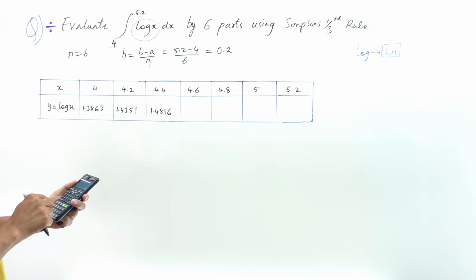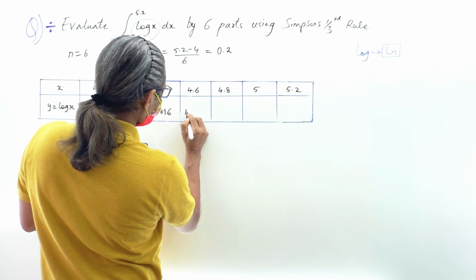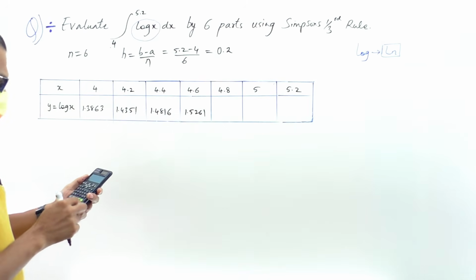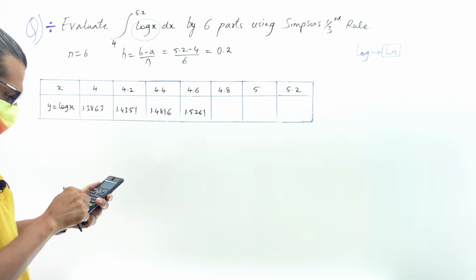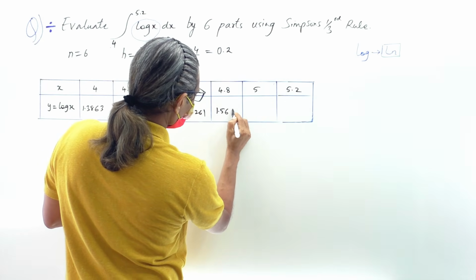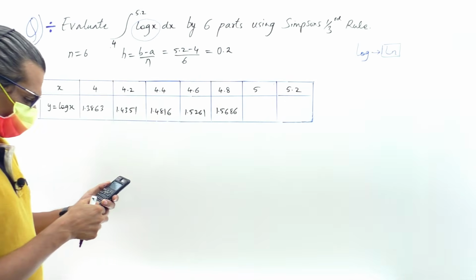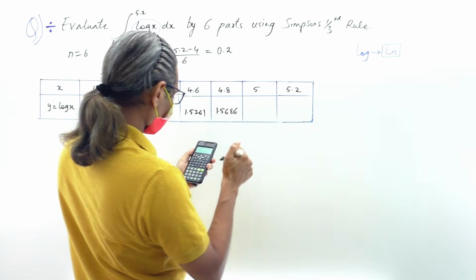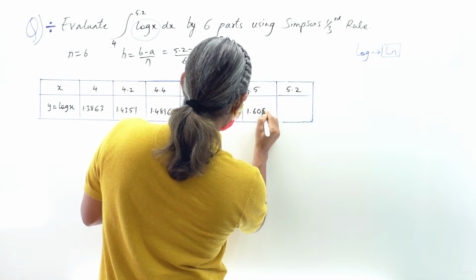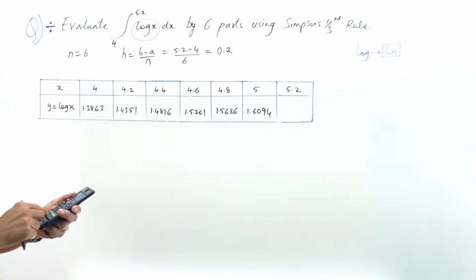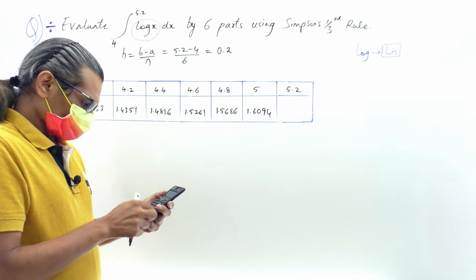Then ln of 4.6, step by step, is 1.5261. Then ln of 4.8 is 1.5686. Then ln of 5 is 1.6094. Then ln of 5.2 is